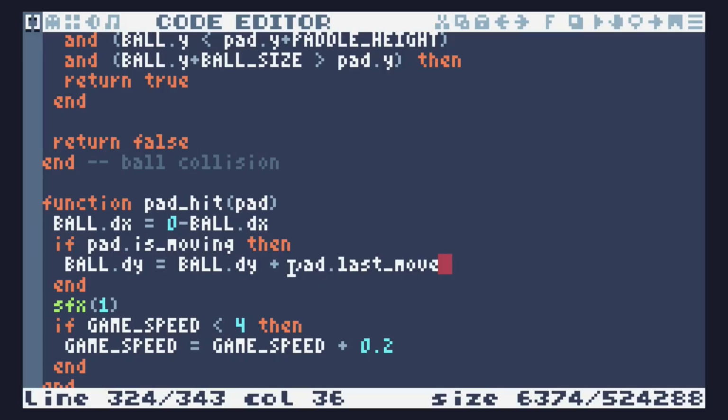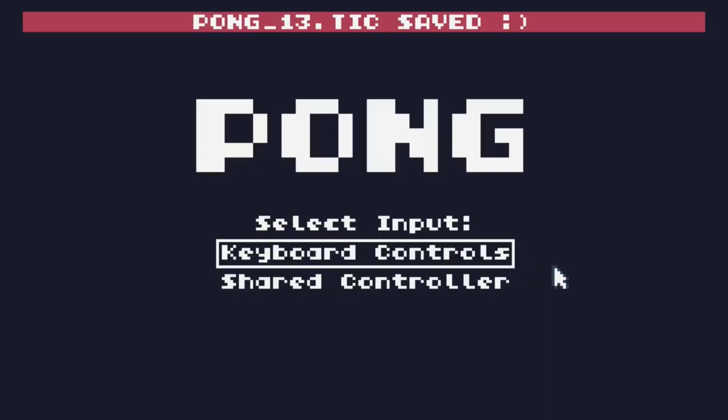So let's only add a half, times 0.5. So last move would be a 1. This makes it 0.5. And because it's being multiplied by last move, if last move is negative, this will be a negative half. If it's positive, it'll be positive a half, because we only ever set last move to 1 or minus 1. But then we also need to, because what can happen now, let's see if I can replicate this,